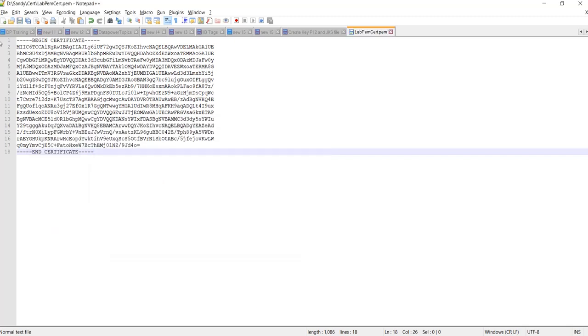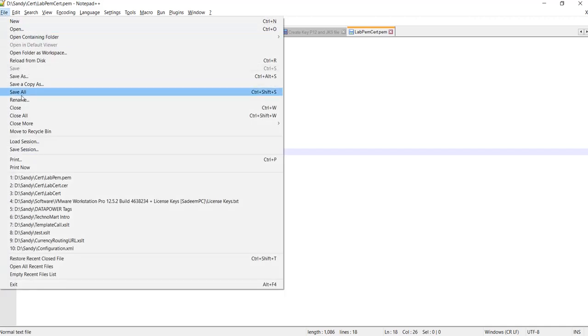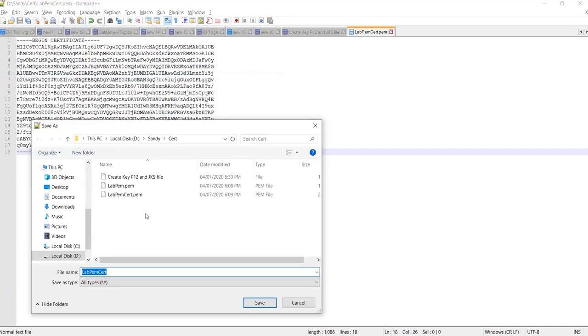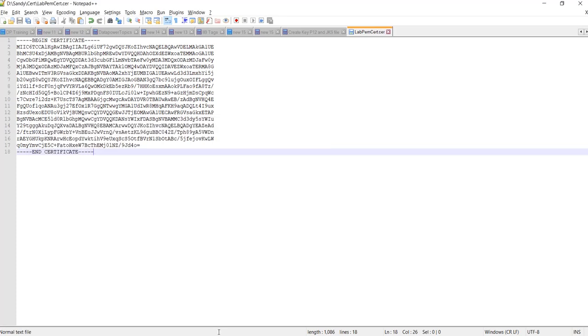And we can also save this file as a .cer file, so save as lab cert.cer file and save. Okay, now we'll go back to that folder.